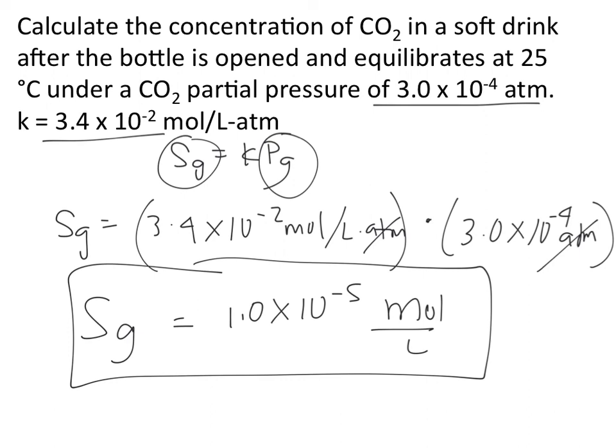Basically, we're going to use Henry's law, which relates our concentration to our pressure times our constant. We have been given our constant, so we're going to plug it into K. We're going to plug in our pressure here, and multiply those two together to give us our overall concentration